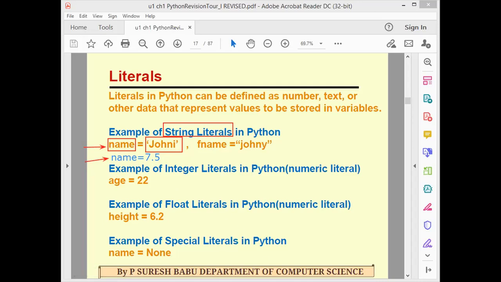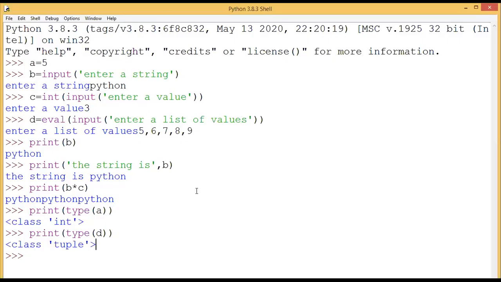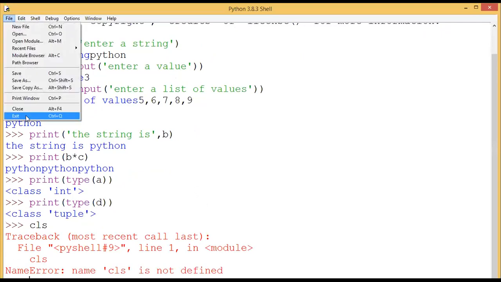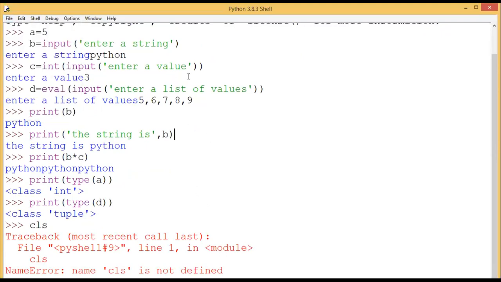I will show you the program. Okay, one second, wait.